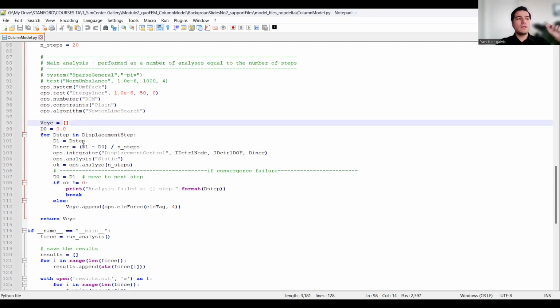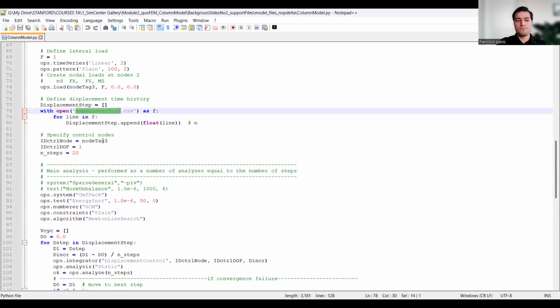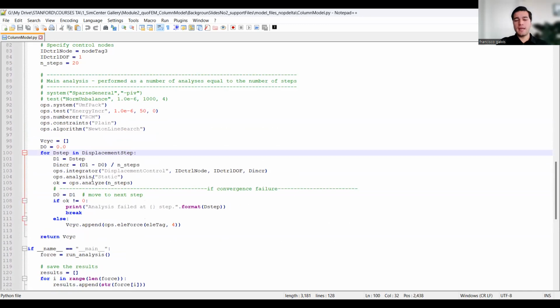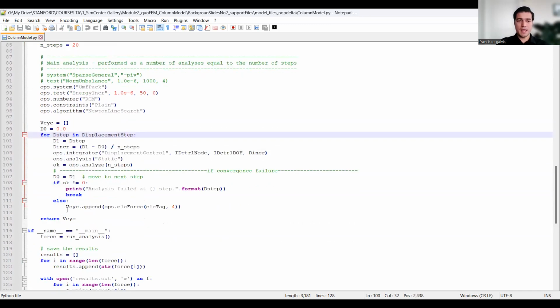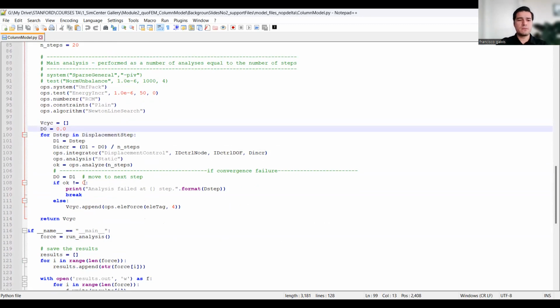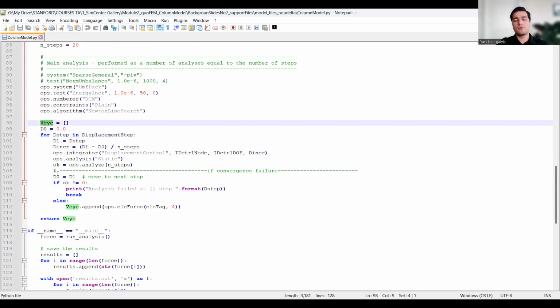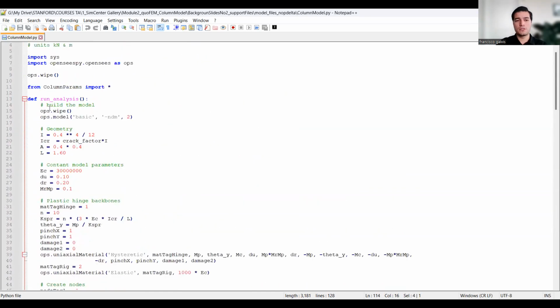We are reading the displacement increment for each step that was done in the test, coming from this file, and then doing the analysis step by step and saving the result, which in this case is the actuator force, the lateral force that we're applying to follow that imposed displacement. We save it in this variable, the variable V cyclic, V denoting shear force,